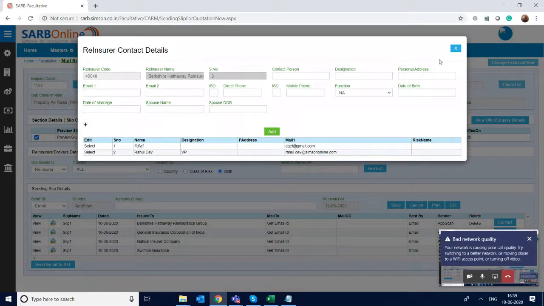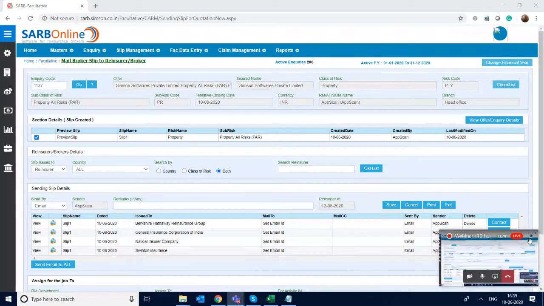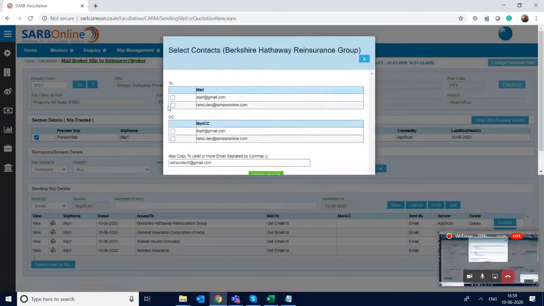So a person is added. So this way I can select email IDs. I'll keep this.